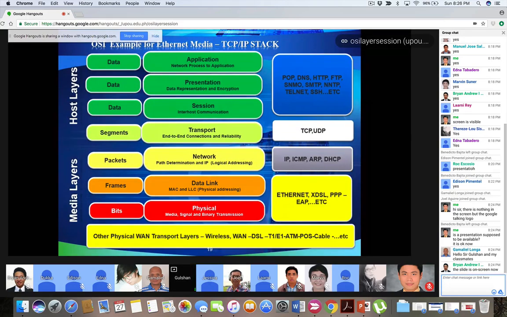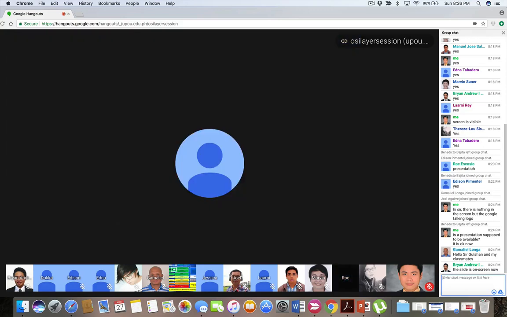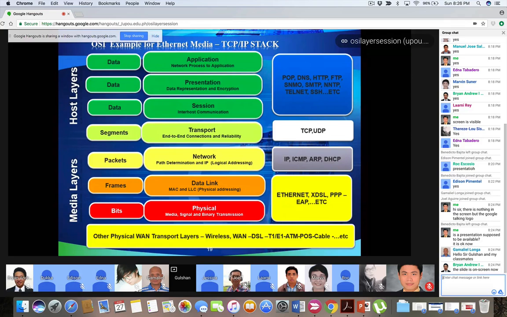So what happens behind the scene? You type username and password, it is authenticated, a token and session is generated, and every time with your request, you use the same token or same session. So that's where the session layer comes. Then your data comes for a representation. So there is a presentation layer, and final is the application. If you are sending data or accessing a website, you are using a web browser.